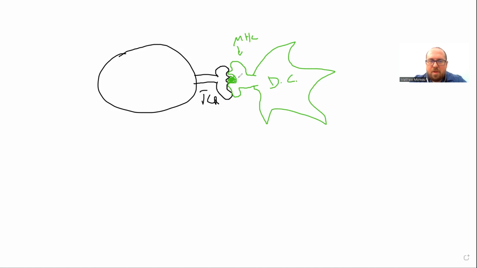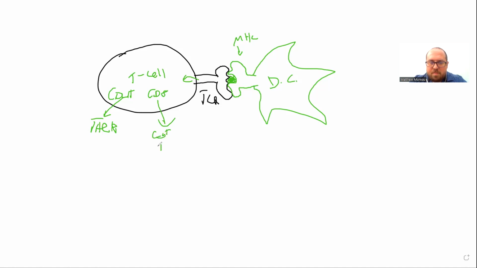This interaction or this engagement allows for a signal transduction which turns on the T cell. And again, if it's CD4 positive T cell, it will become a T helper cell. And if it's CD8 bearing, because it's binding to MHC class 1, then this will allow for